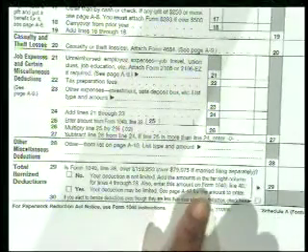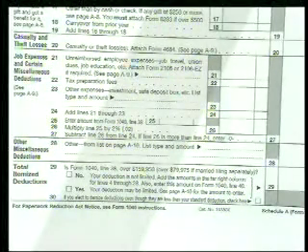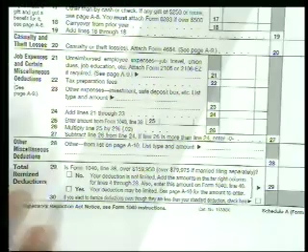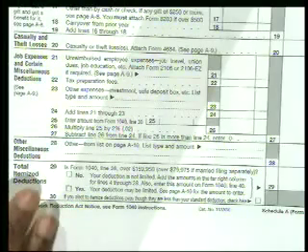Now keep in mind here at the bottom, they talk about if your line 38, which is your AGI, is more than $159,000 if you are single or head of household, or $79,975 if you're married filing separately. What that means is that you could be limited on some of your Schedule A deductions.